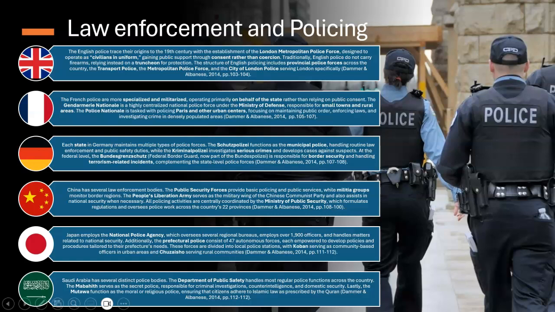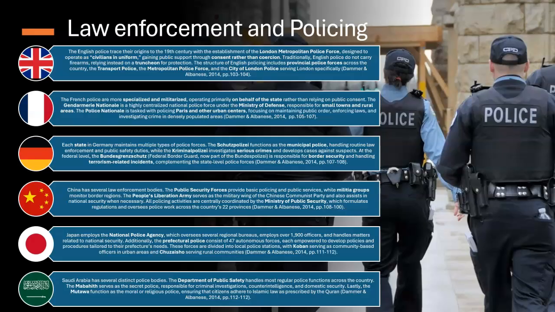German policing is similar to the United States in that each state in Germany maintains multiple types of police forces, with some police functioning as municipal police and other police investigating much more serious crimes. Japan also employs the National Police Agency, which oversees several regional bureaus, with the prefectural police consisting of 47 autonomous forces, each empowered to develop policies and procedures tailored to their prefecture's needs, just like the Sheriff's Department in the